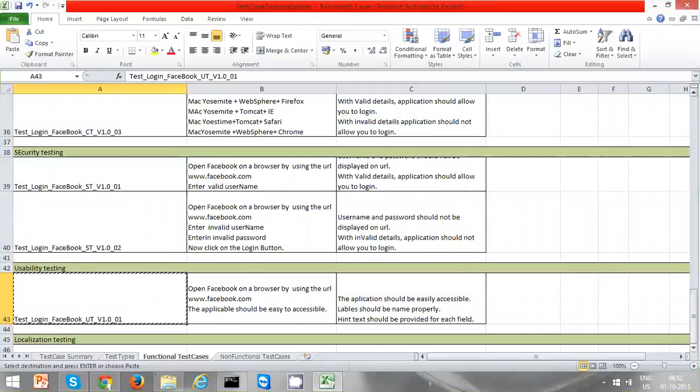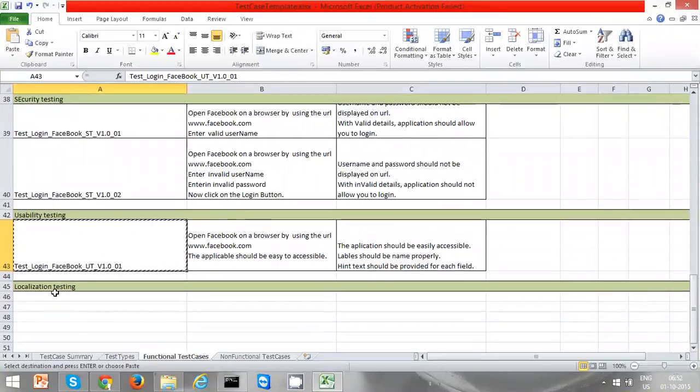Yeah. So usability testing is nothing but how easily an application can be accessed, whereas localization testing is nothing but accessing your application in different languages and making sure all the labels and hint text are displayed in that language, and that it also allows you to enter text in that local language. Okay,